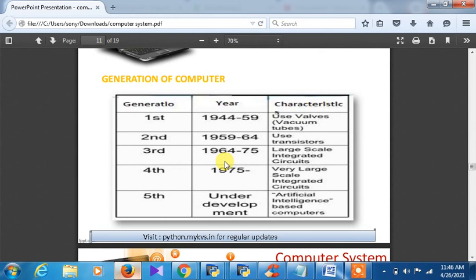And nowadays our CPU is actually ULSI. ULSI means ultra large scale integration chip. So whichever we are using nowadays, the i7 core, i5 core, i3 core, all these. So generation to generation, the evolution of the computer processor has taken place also. And the fifth generation we don't know, because we are already in the fifth generation, and